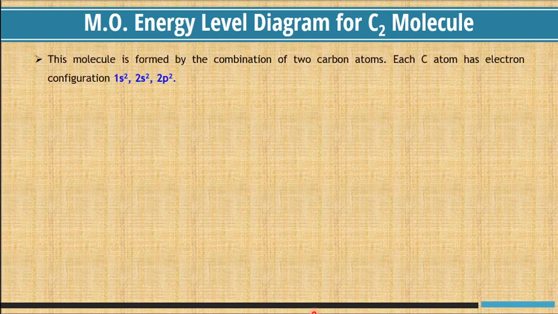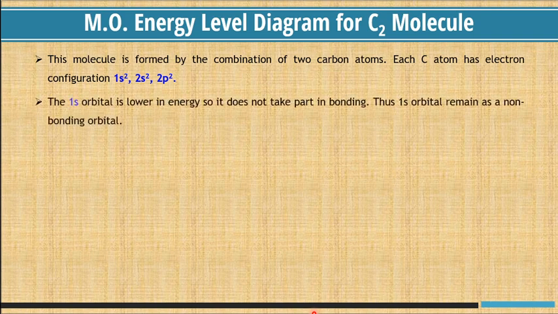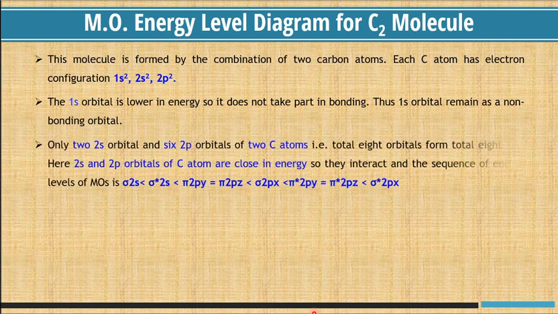Molecular orbital energy level diagram for the C2 molecule. This molecule is formed by the combination of 2 carbon atoms. Each carbon atom has electronic configuration 1s2, 2s2, 2p2. The 1s orbital is a low energy orbital, therefore does not take part in bonding, and thus the 1s orbital remains as a non-bonding molecular orbital. Only the 2s orbital and 6 2p orbitals of 2 carbon atoms, that is a total of 8 orbitals, form